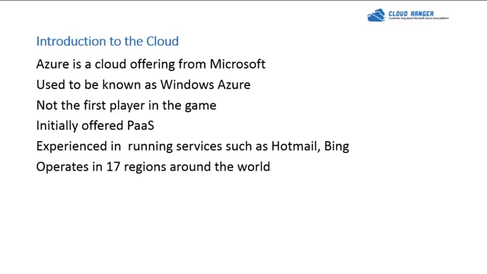The next fact is that they actually have data centers in 17 different regions around the world. So that's where they operate from. I'm not going to say they have 17 data centers. They could have multiple data centers in a region, but it's just 17 different regions in this world they operate from. Which brings you close proximity to the data centers, so you have much lower latency and things like that. For example, I'm from Canada, Ontario. We do not have a data center here.